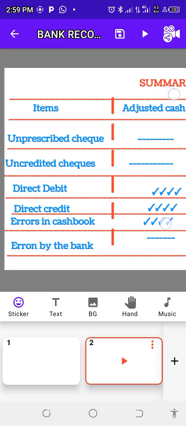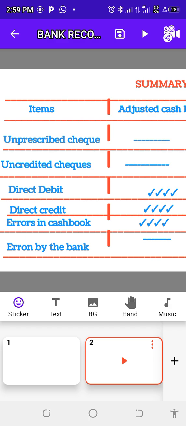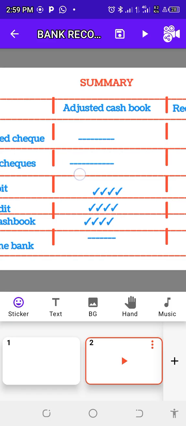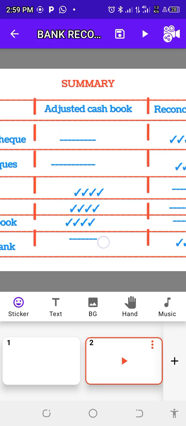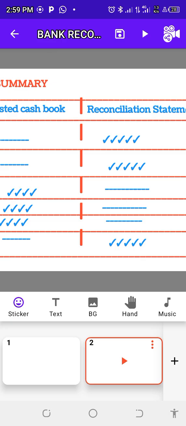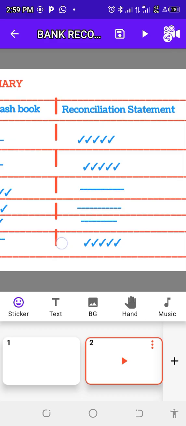Then direct debits and direct credits are treated in the adjusted cash book, while errors are treated under the reconciliation statement,